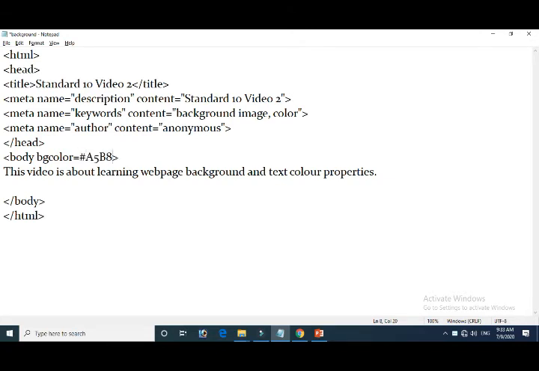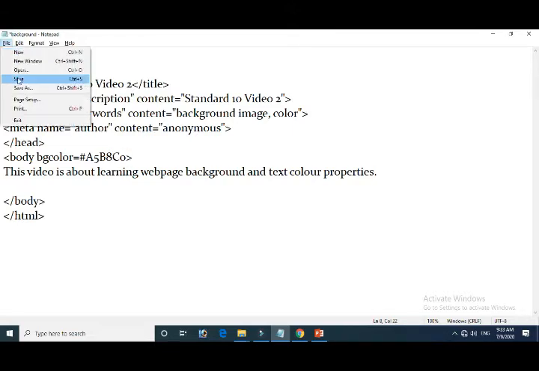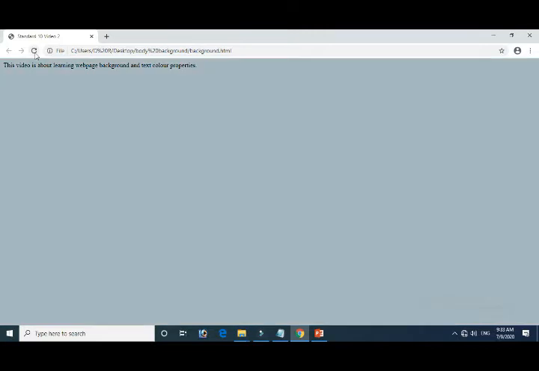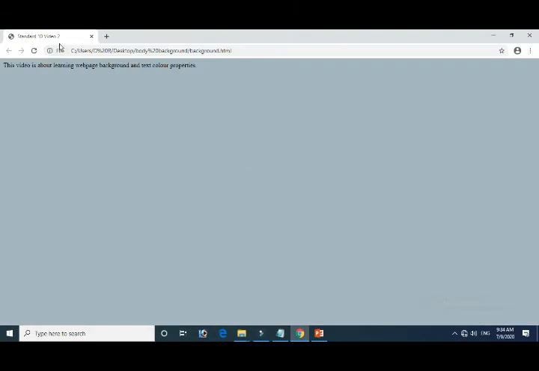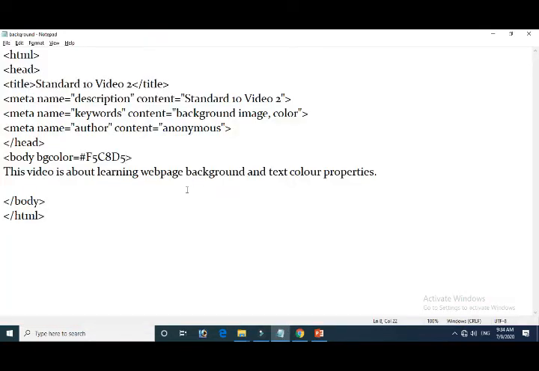Now let's apply this hexadecimal code to our BGCOLOR attribute's value. Now we are giving different hexadecimal codes, and let's see what output it gives.